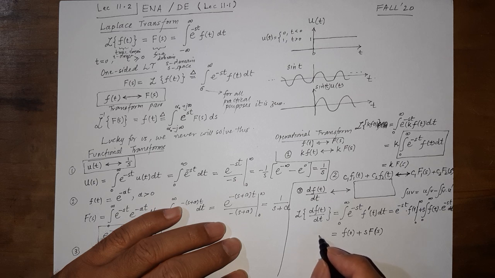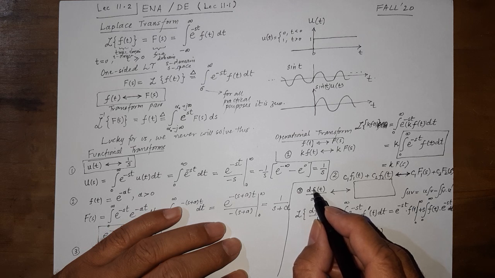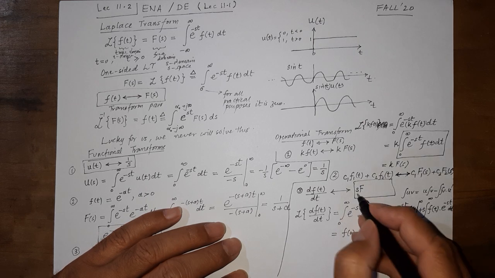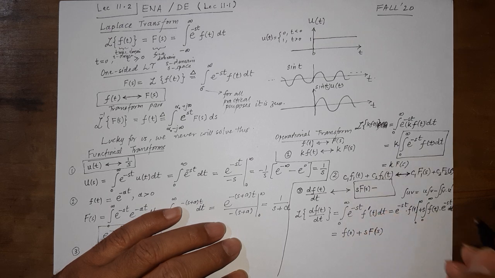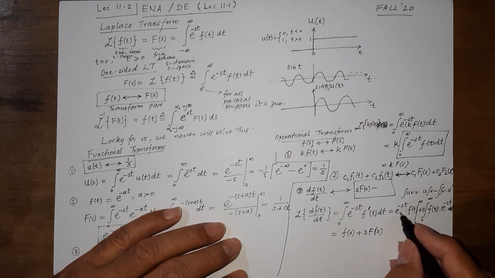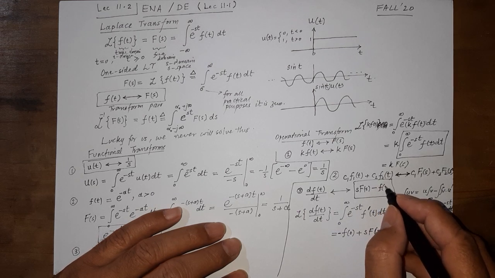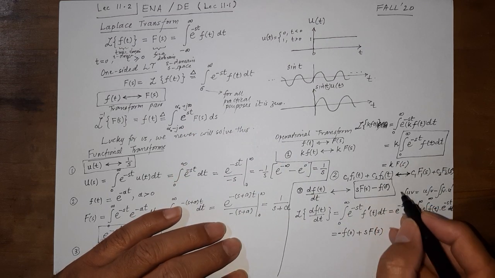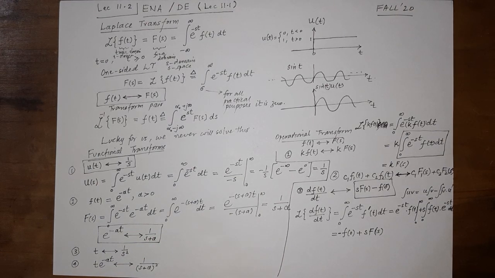So what is this pair now? We have found that the Laplace transform of the derivative of a function is s times the Laplace transform of the original function plus, oh, I believe I have ignored that negative sign here. When we put this limit, this becomes 0, minus we put the 0. So we have a minus here: minus f at 0. When we are taking 0 minus here, this will become 0 minus. For all practical purposes, it is what happens at t equal to 0.